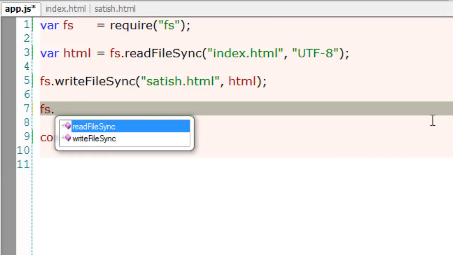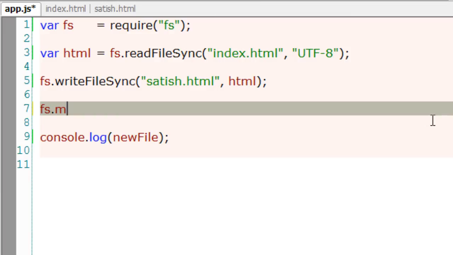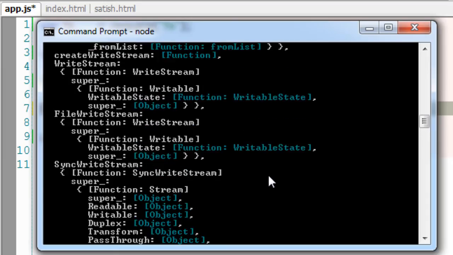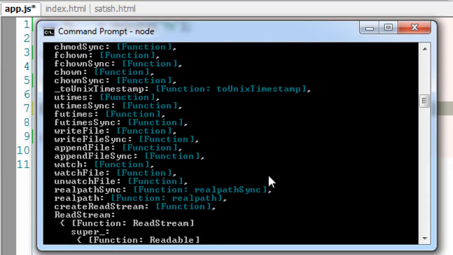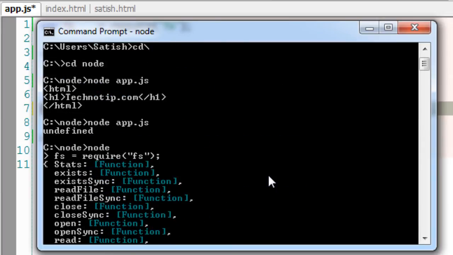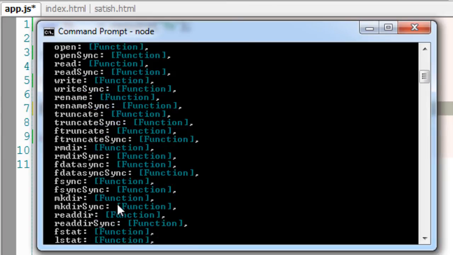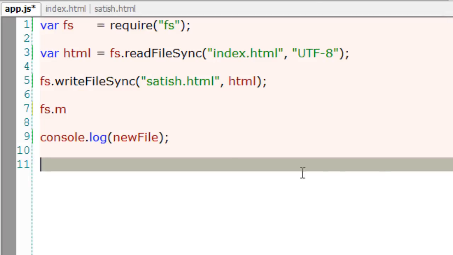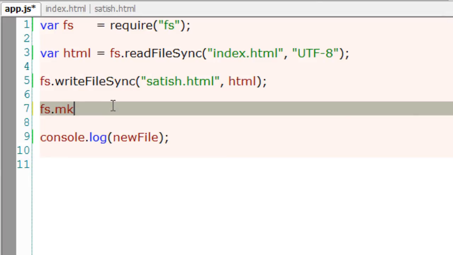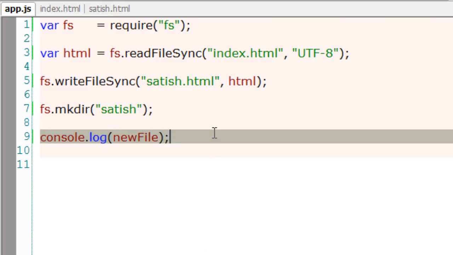I haven't tried it actually. Let's see what happens. mkdir is make directory, that is creating the directory. That's a function, I guess. Let's have a look. Well, it's present here, mkdir. Yeah, it's a function. Let's check how it works. I'll call mkdir, and I'll pass the name of the directory I want to create. I'll give Satish. So let's comment this out